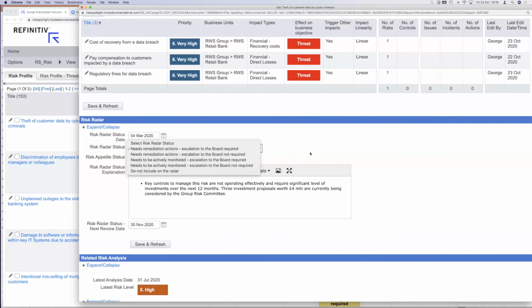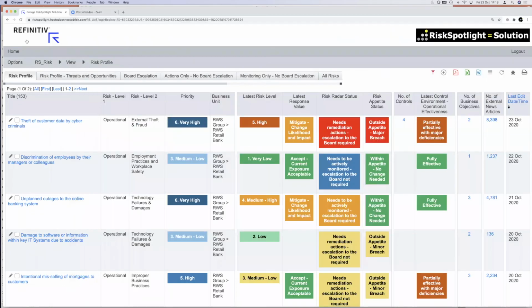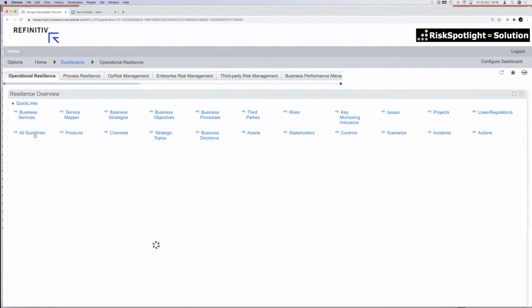Once you do that for all the risks, this is where we let the risk owner decide whether that risk needs to be flagged. Of course, second line and third line will challenge them if they think something should not be on the radar, or if second line says, no, that has to be on the radar. Then that's where that discussion needs to happen in terms of that challenge. But at least you will be able to easily see what they have currently flagged on the radar and what is under the radar at the moment. And once you have that, you should be able to easily visualize it.